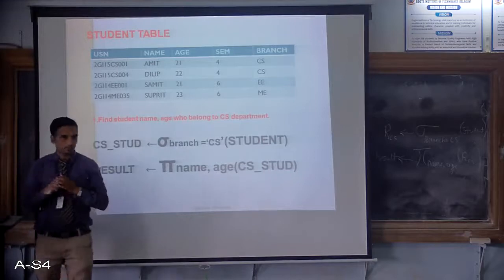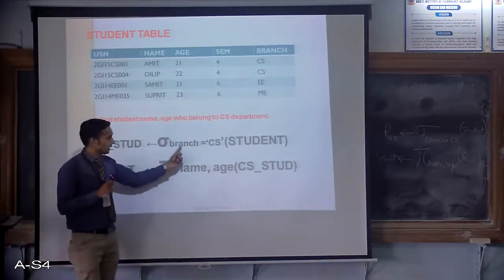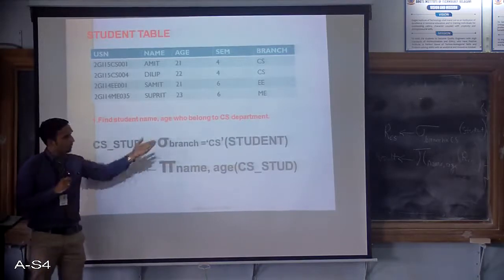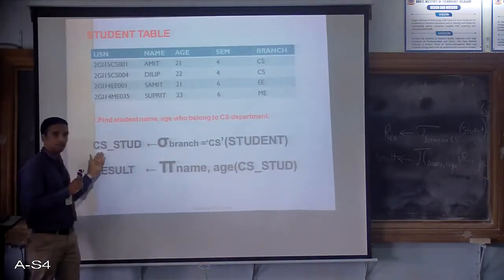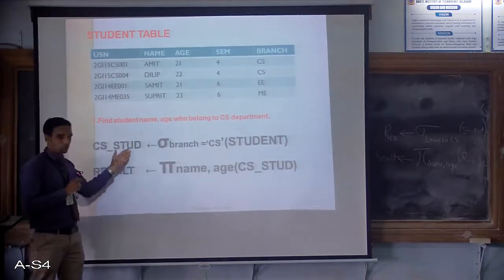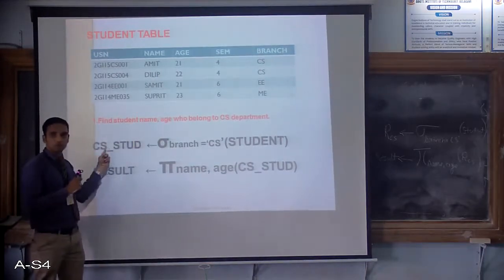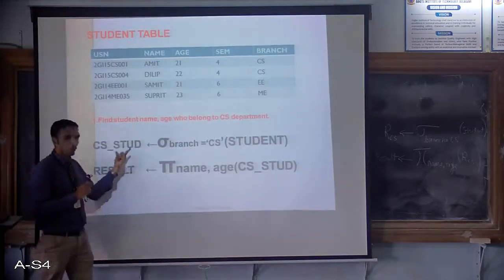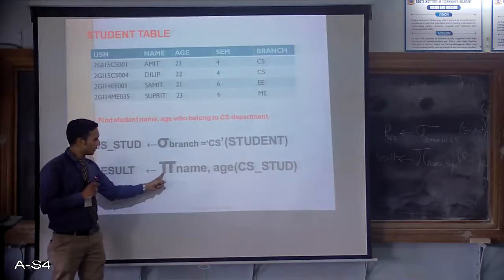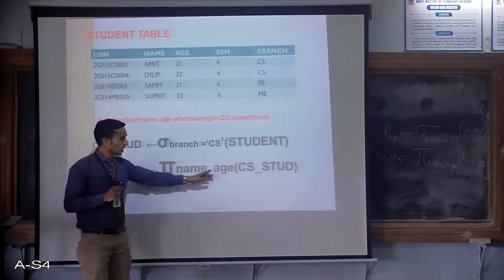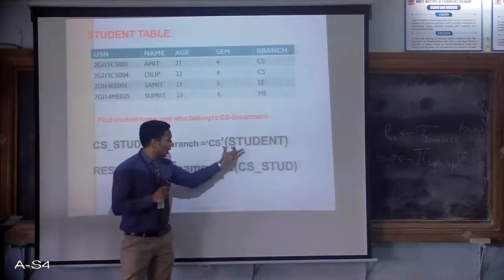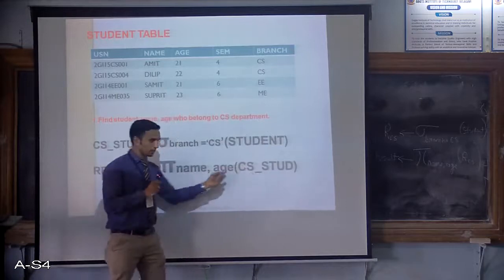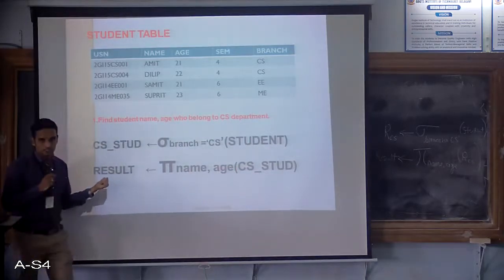See here. First, select the branch CS from student and give an intermediate name CS student. Up to you, I give it RCS. Here it is mentioned as CS local student. So this will hold the student rows who belong to CS. So from that only fetch name and age. I know how to fetch columns only by pi. Pi name comma age. Now you don't have to write again this condition here. Output of this condition is saved here. So just this will be kept here, and this is nothing but your final result.